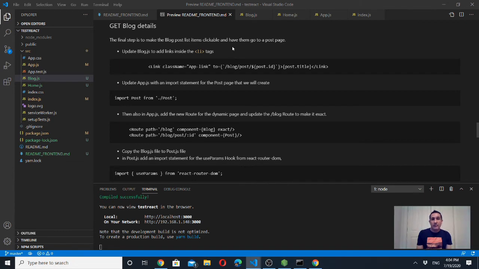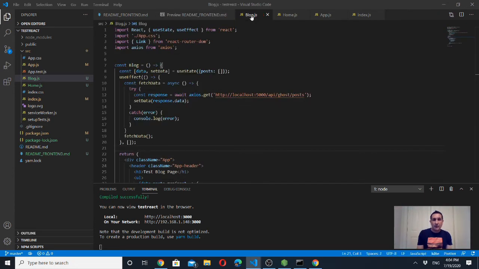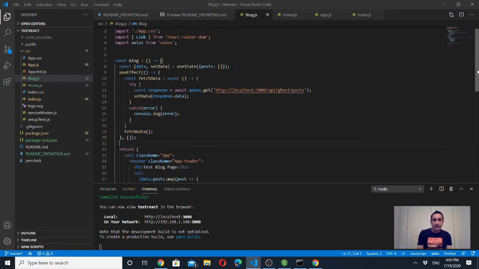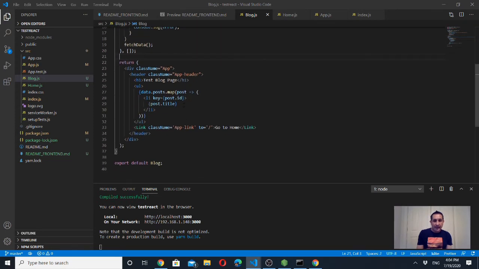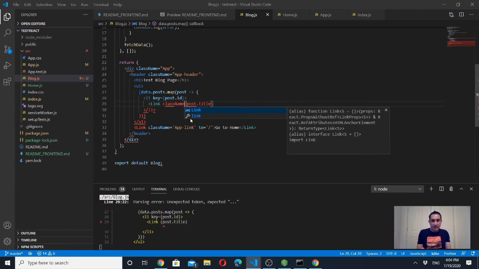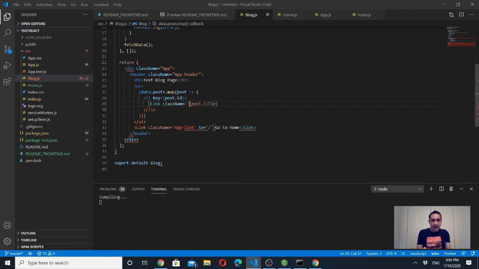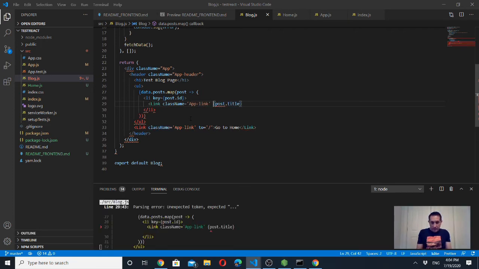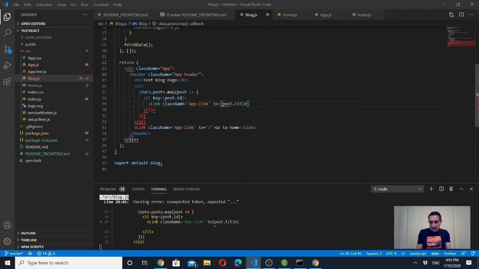So let's start with the blog.js file. We're going to go back here and come down, and in here, we're going to add a link tag. Again, we're going to reuse this class name to retain the create React app styling, so we do app link. And now for the to, we're going to dynamically create this URL. So we're going to need to execute, and we use the backtick, and it's going to be